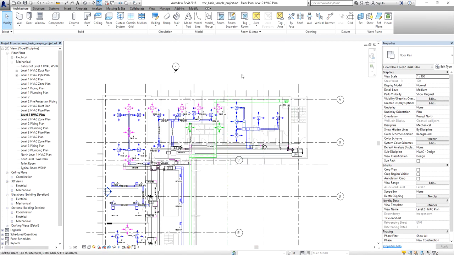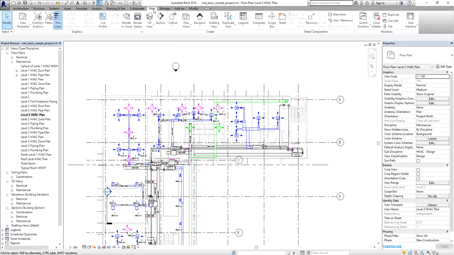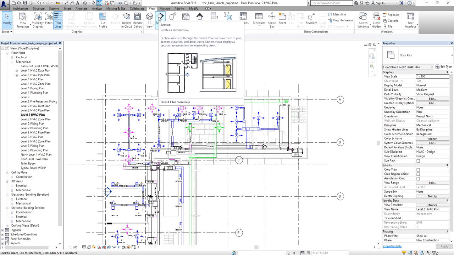Okay. So the section tool in Revit can be found on your quick access toolbar, which is this one. And since section has something to do with view, you can also find it here on your view tab. So you'll see here the section. So they're just the same. So it's either you select from your quick access toolbar or you can go to the view tab and then select section here. So I'm going to select the section